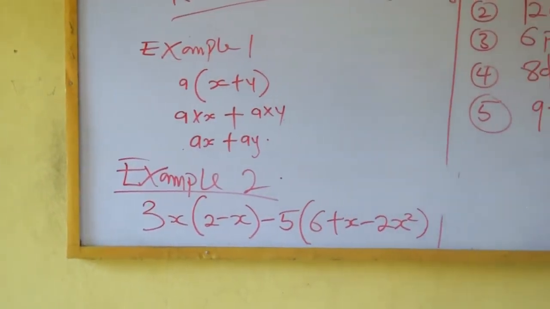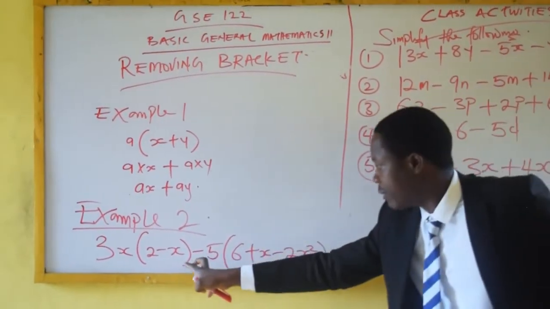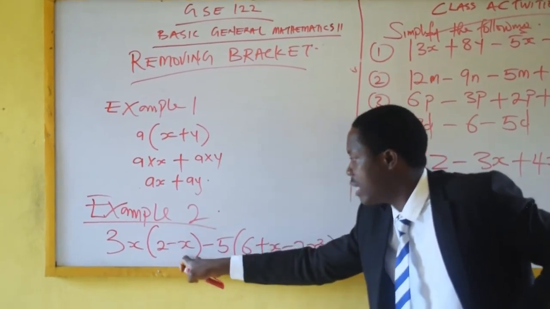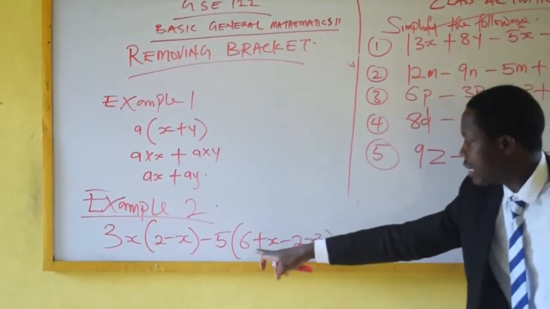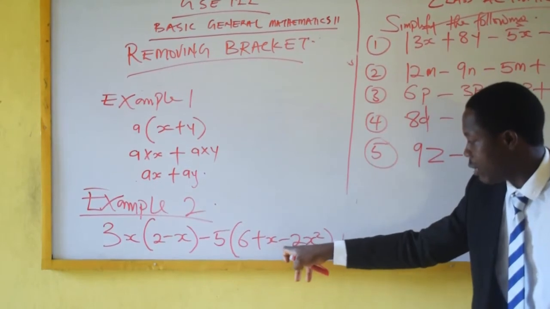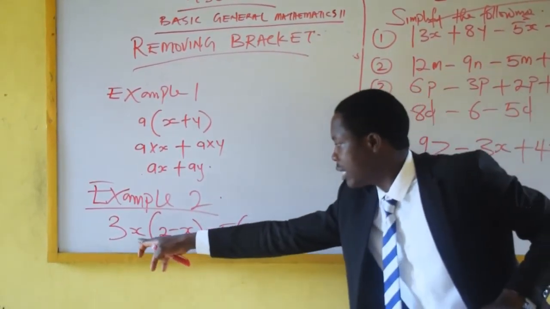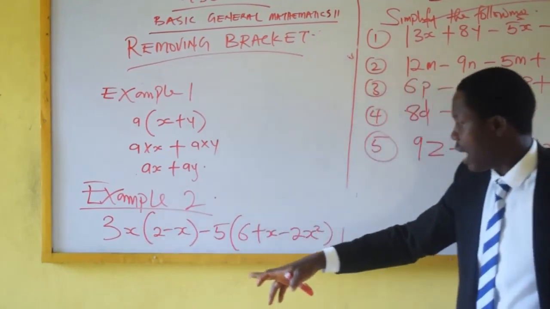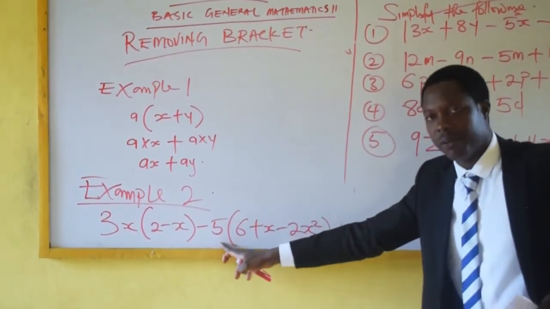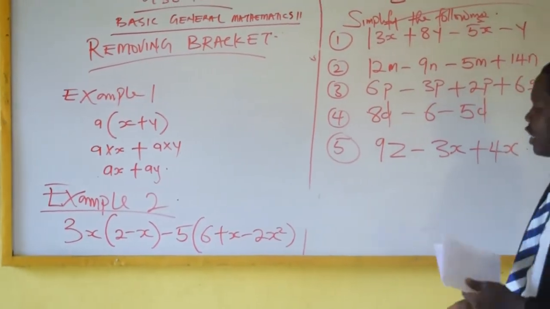The first quantity in bracket is 2 minus x. The other is 6 plus x minus 2x squared. Then at the beginning of each bracket, here you have 3x, and here you have minus 5. Is that okay? Now opening this bracket,